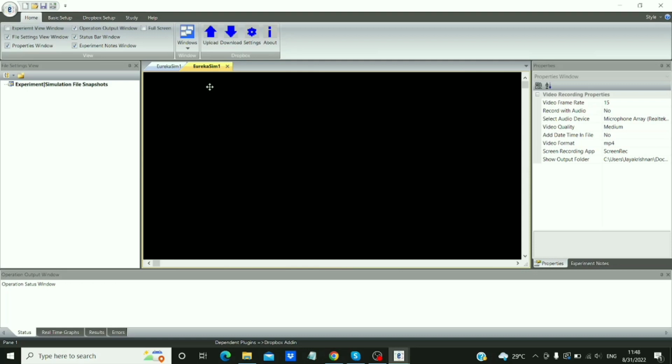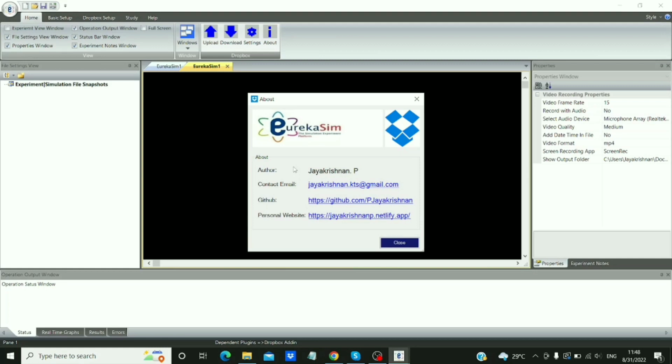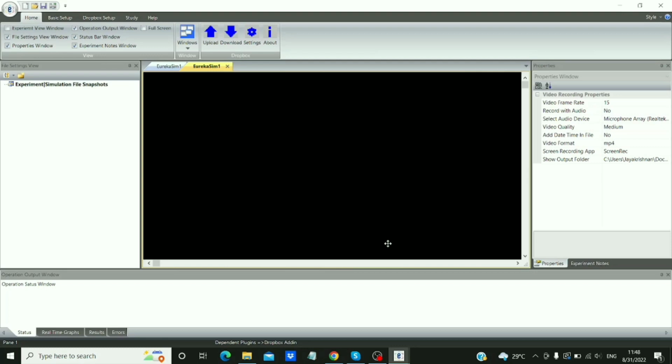Then close. Yeah, then you have an about page. That will contain the author of this EurekaSim Dropbox Addin, email, GitHub account, and a personal website. Yeah, that's it. That's all about your EurekaSim Dropbox Addin. You can use it, back up your files,